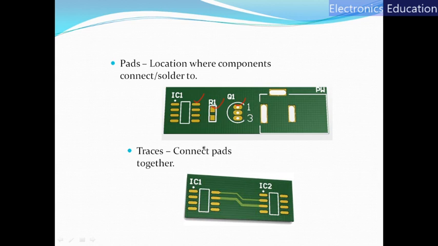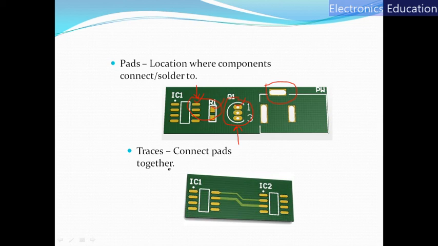So here we have two types of pads. We can say this is a pad without any hole, and here we have a pad with a hole. Here also we have a pad with a hole, but this hole is a little bigger one. Here we have a circular small hole. Pads without holes can be used to solder SMD components, surface mount components, whereas such types of holes are known as through holes, and to solder through hole components we use these hole pads.